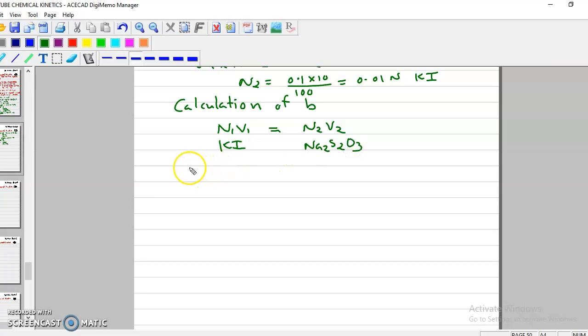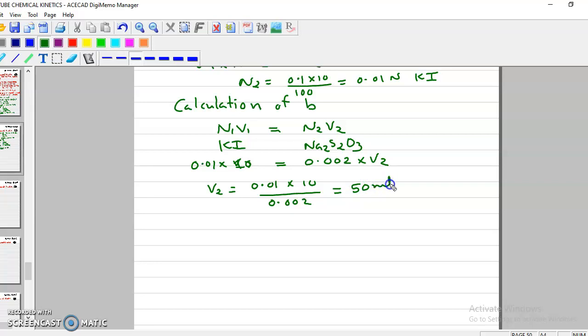So the effective concentration of KI is 0.01, volume of KI 10 ml, which is equal to concentration of sodium thiosulfate 0.002 into V2. So V2 is equal to 0.01 into 10 upon 0.002, which is again 50 ml, and that is small b. So here we can say that a is equal to b. Therefore,